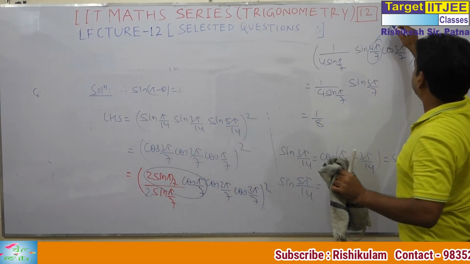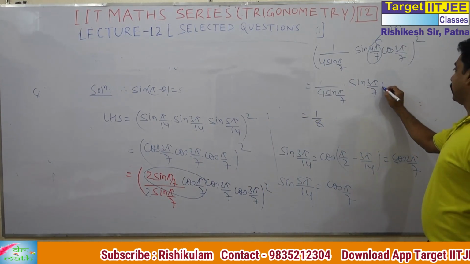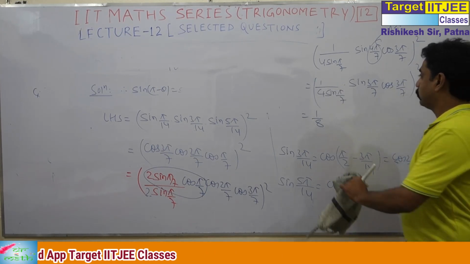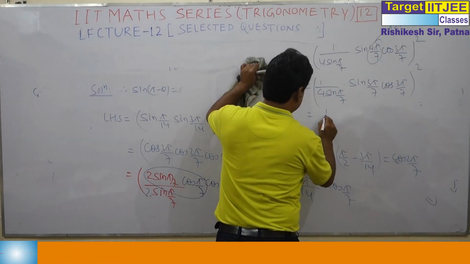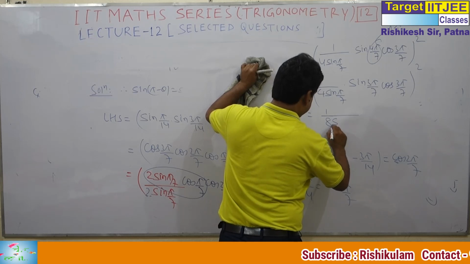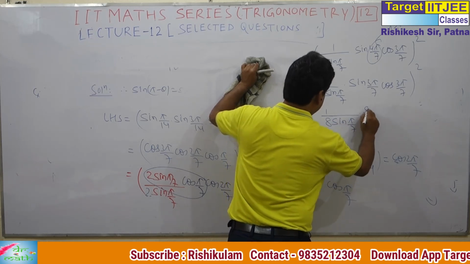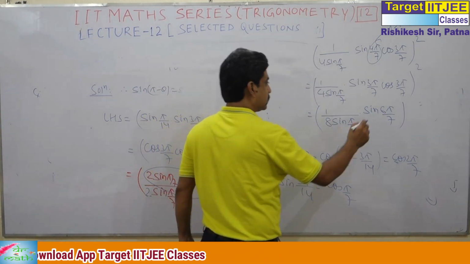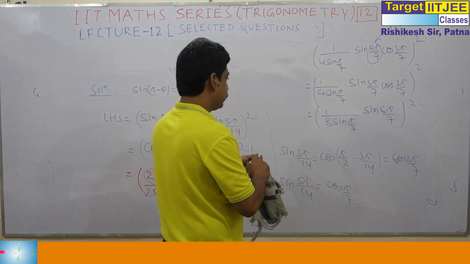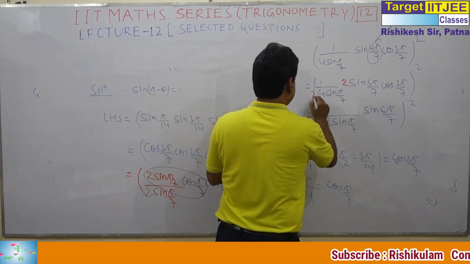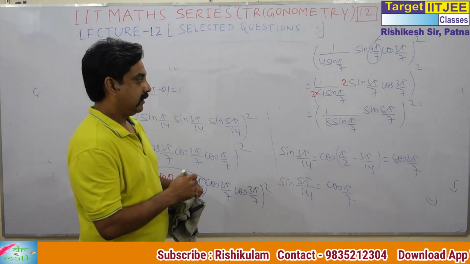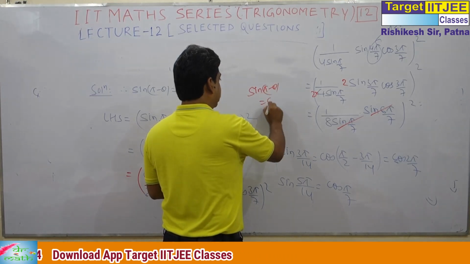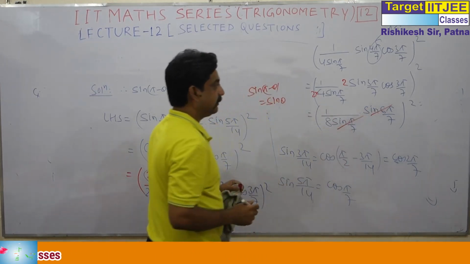Use pi minus theta and cos 3 pi by 7. This one is the whole square. Then it is what? 1 by 8 sine pi by 7 into sine 6 pi by 7. Why 1 by 8? Because when we multiply these by 2, this by 2 and this by 2, we will get this one. This will be cancelled. Again, what is the idea? Sine pi minus theta is sine theta. This will give sine 6 pi by 7 and sine pi by 7 equal.